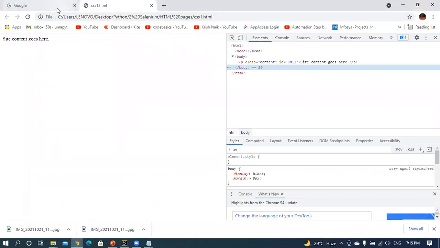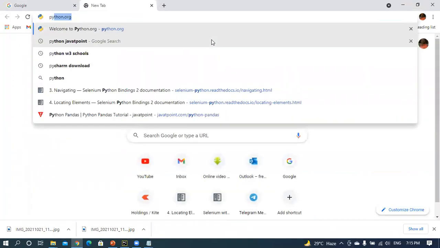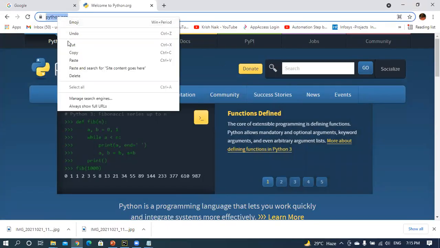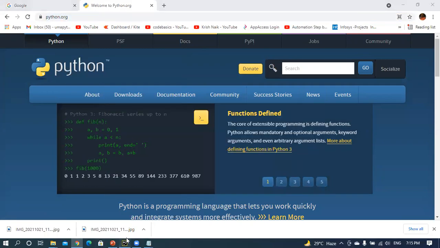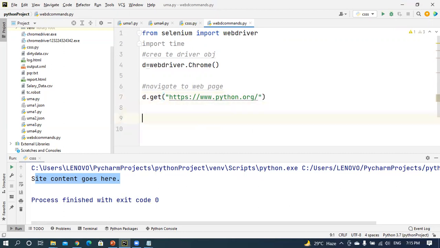For example, I am taking the website python.org. I am taking the URL of this particular website. For each and every program, these steps are common.